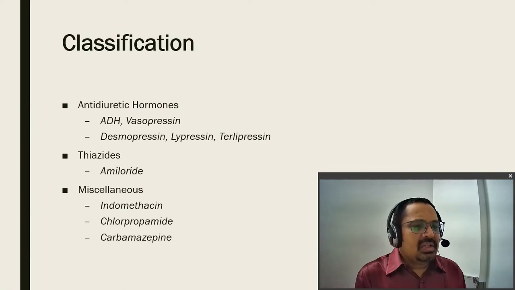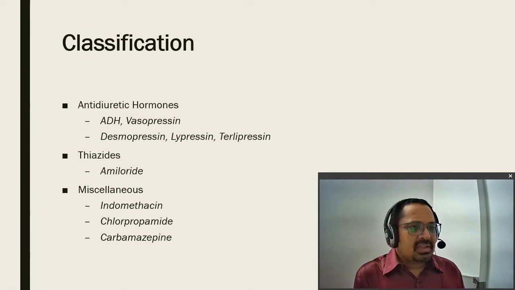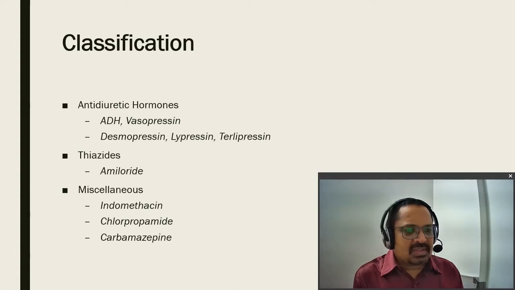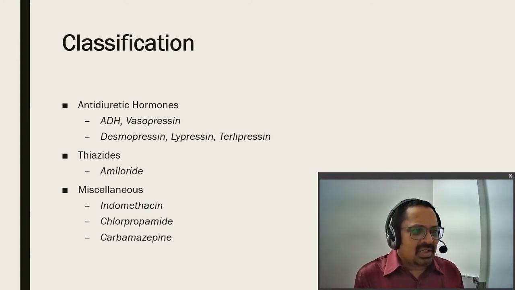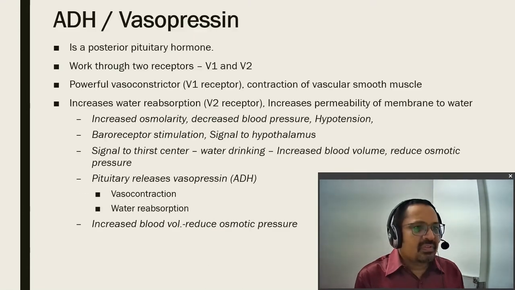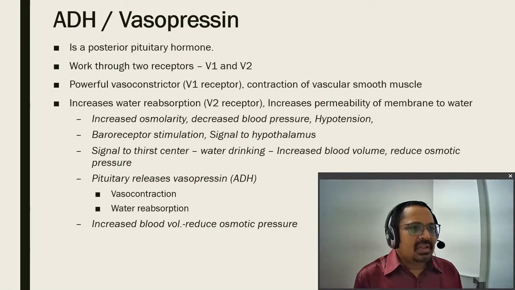Now, the antidiuretic agents are classified as hormones, that is ADH and vasopressin, synonymously, and their synthetic analogs like desmopressin. Next is the thiazide kind of drug, amiloride, and other drugs which are not from a specific category. By miscellaneous mechanisms they work as antidiuretics, like indomethacin, chlorpropamide, or carbamazepine. The very first agent we will see is the antidiuretic agent